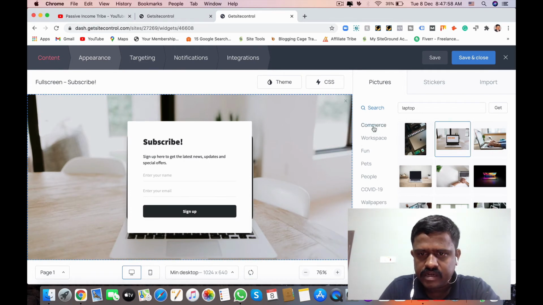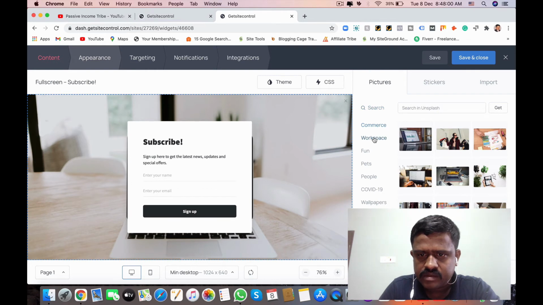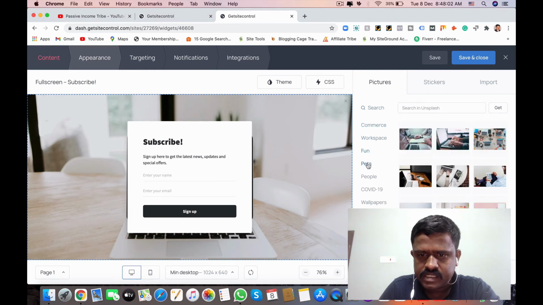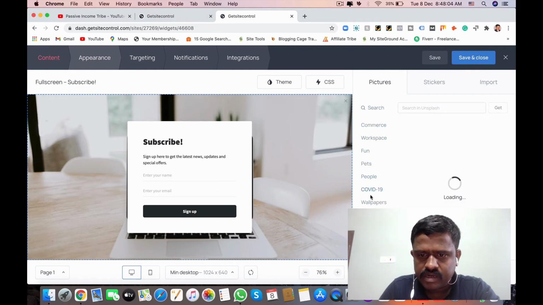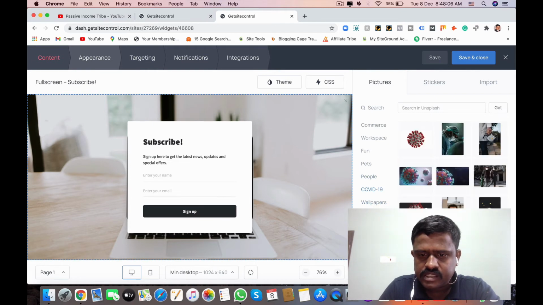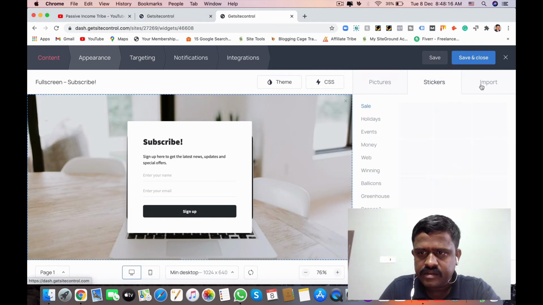Here we have different categories: commerce, workspace, fun, pets, people, COVID-19, wallpapers, nature, mail, science, and money. So these are all the categories we can search here, and stickers, and we can import also. You can import your own image.